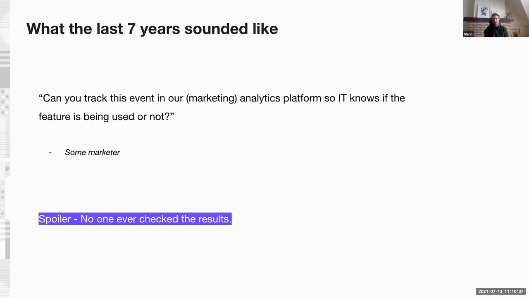For one, Joe did not have access to the setup. Two, the marketing analytics solution was not providing the insights that Joe needed. And a couple of months later, usually we got the question from that same marketer, like, hey, Glenn, what is this event doing in our tag management setup? What is this data coming in GA? I don't know what it's for. Can you please delete it? And so that's a cycle that would happen again and again and again.